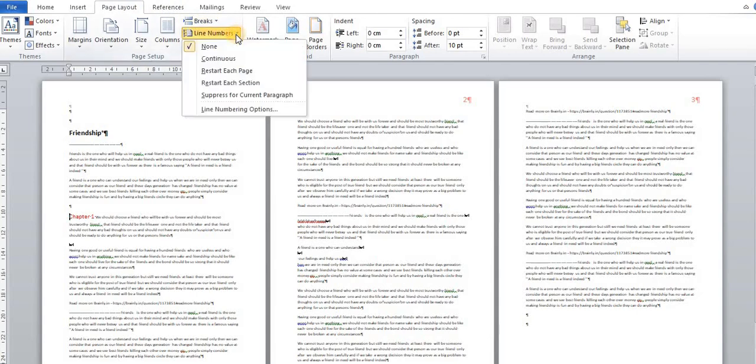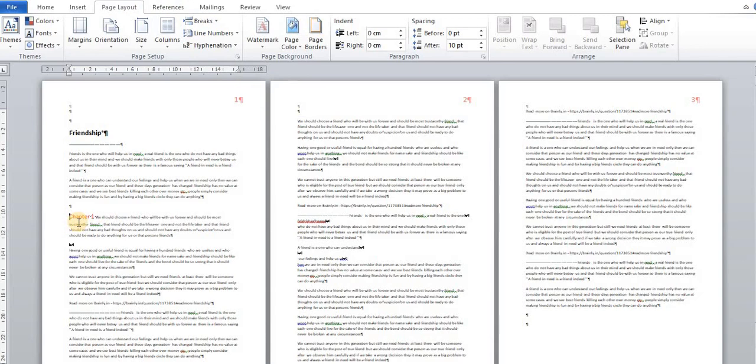I want the chapter to always start on an odd page. As you can see in your book, a new chapter always starts on the right-hand side, that is, an odd-numbered page. I want to start chapter number 1 from an odd page number.